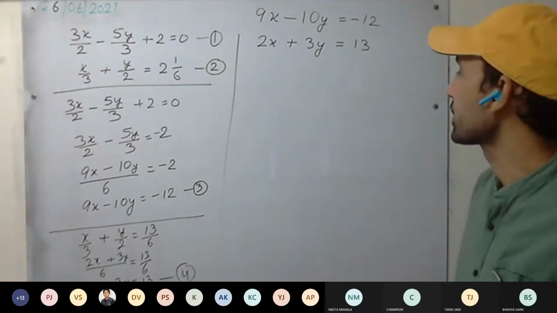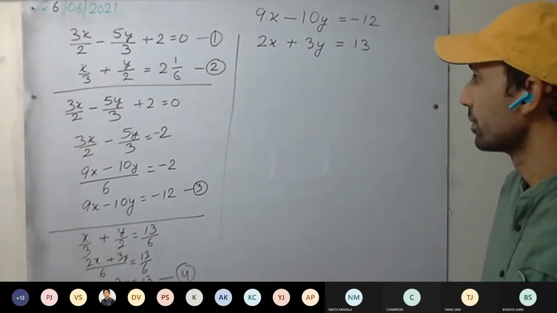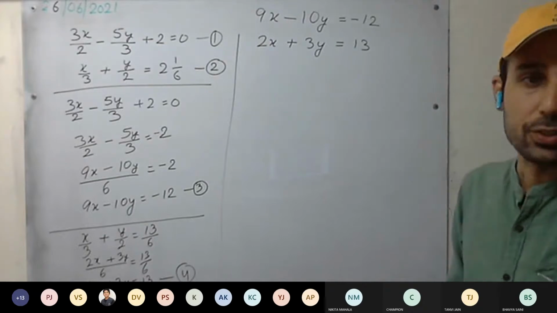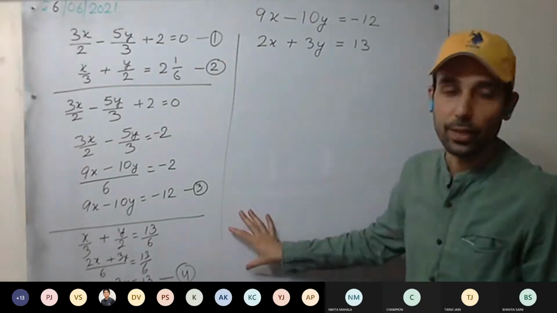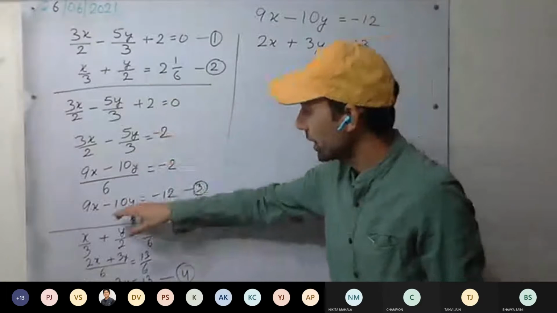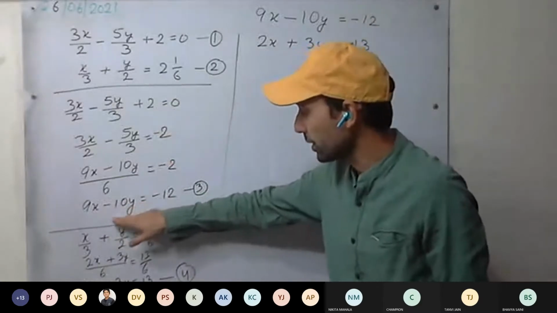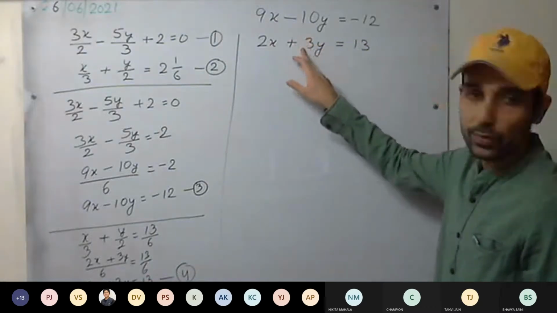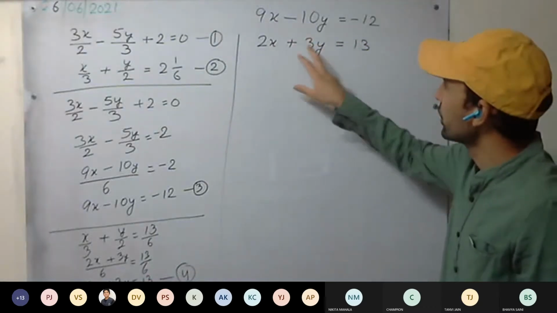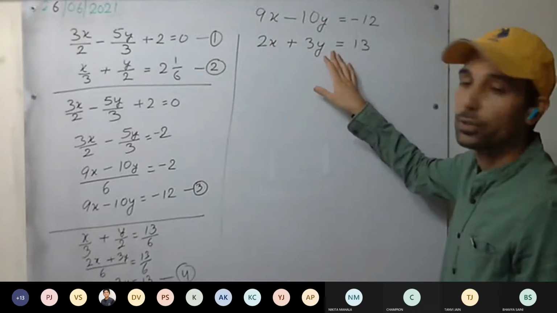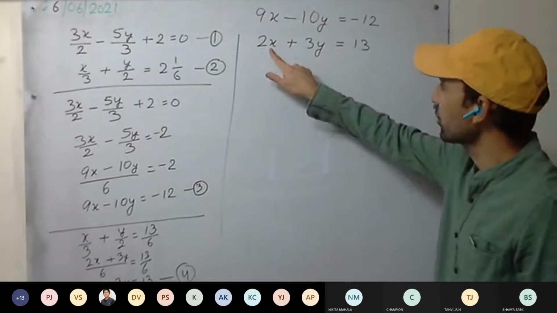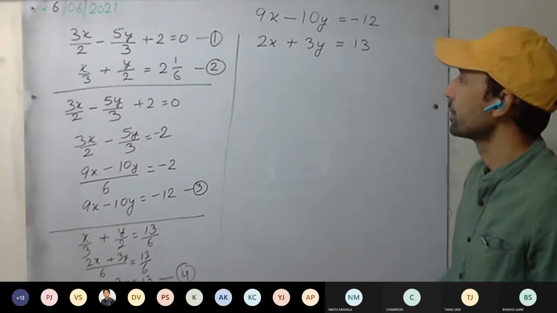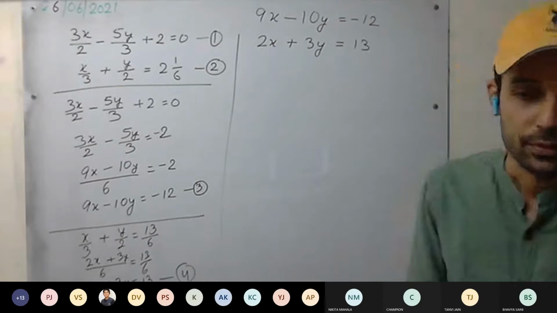Everyone solve these two equations. Okay, so you can proceed as per your liking. Either you can calculate the value of x from here and then put it here, or after solving these two equations in these forms, you may take whichever seems easy. You may calculate x from the second equation and put it in the first equation. Solve it.